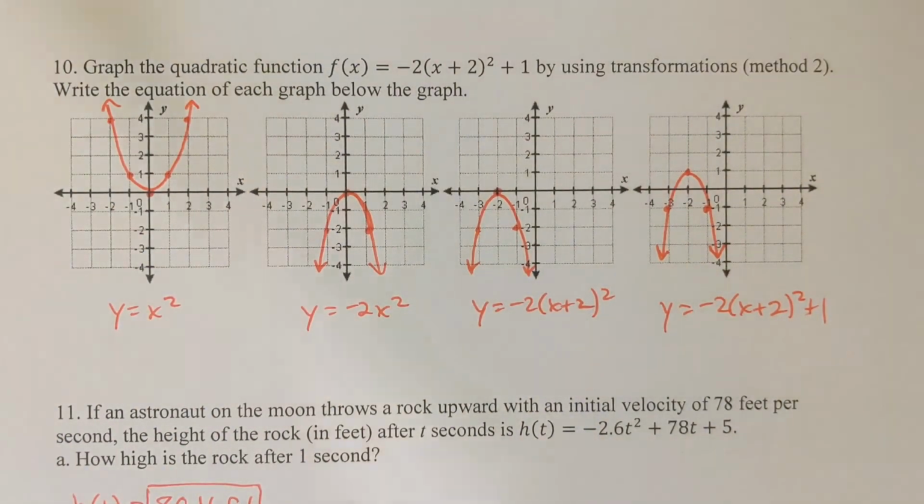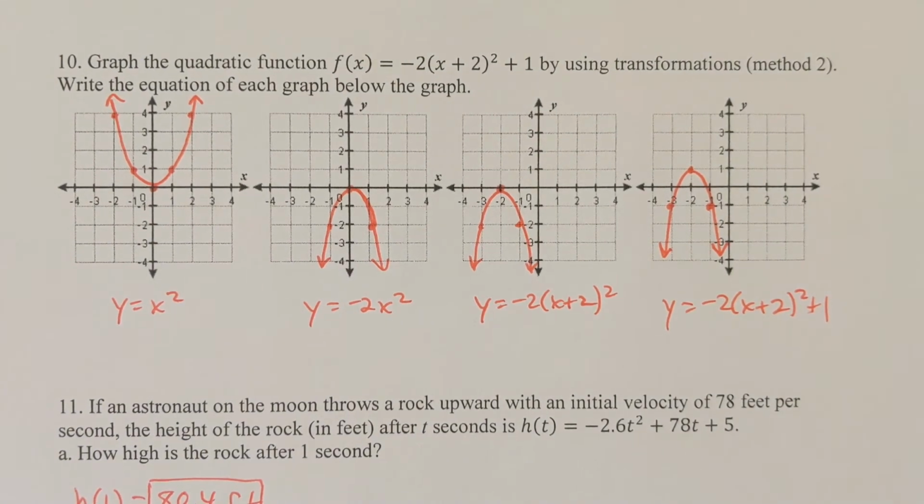Problem 10. We've got: graph the function negative 2 times (x plus 2) squared plus 1 by using the transformations method 2. Write the equation of each graph below the graph. Okay, so just like before,